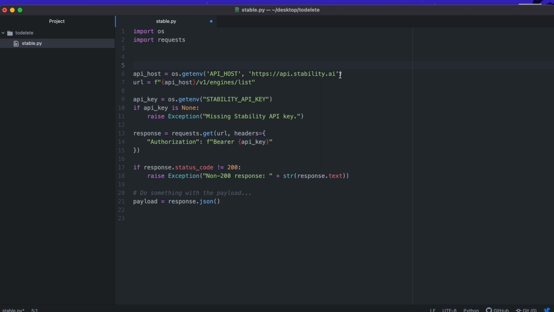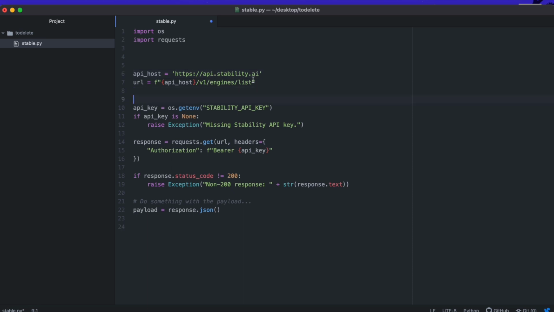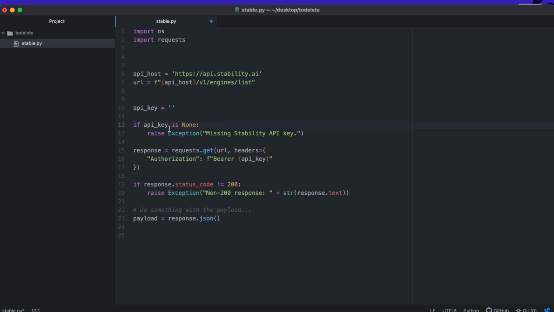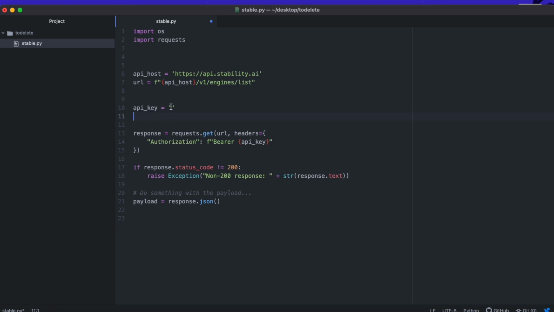So the API host, basically just cut that over there and just make it a proper string, because we're not really running an application. We don't really care that much. And then once you have the API host, you will then build the URL from the host using the engines list. Okay, the API key, I'm going to enter it in there, and once we've entered it in there, let's remove that because we will know that we have the API key. So I'm going to say in here, enter your